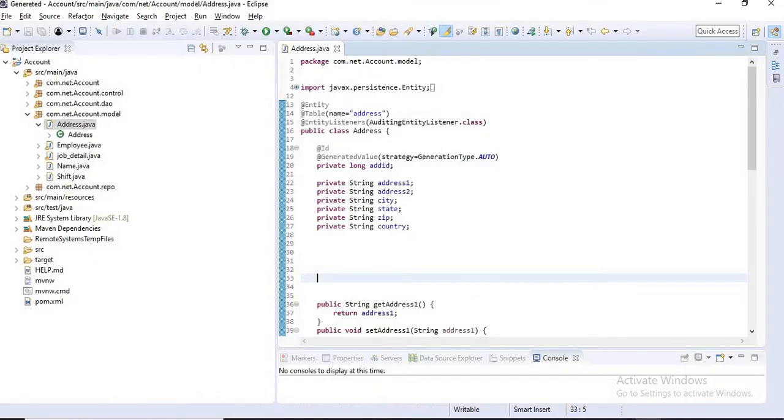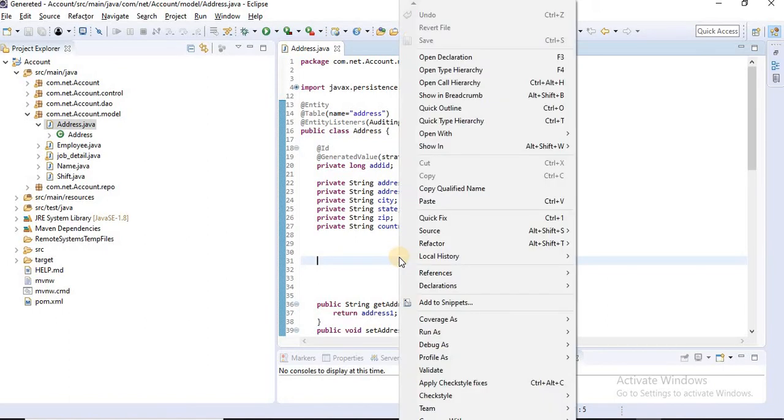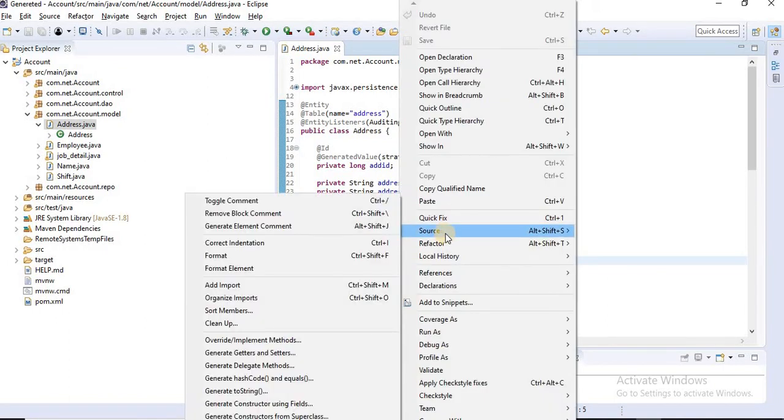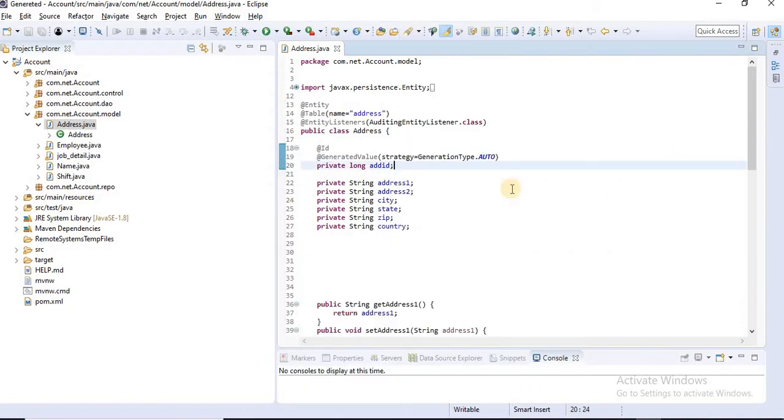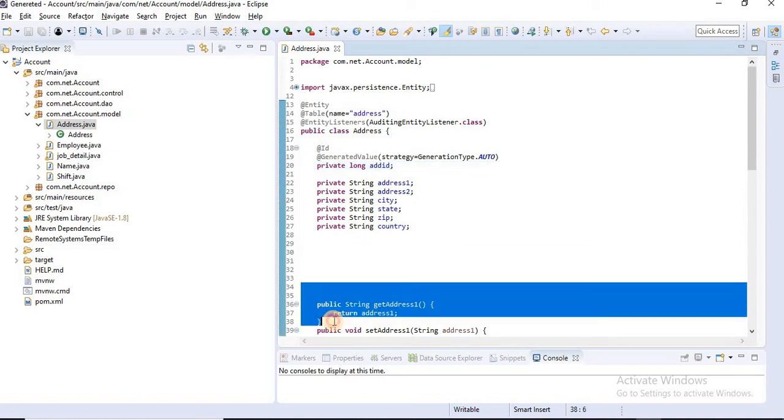We can add those methods using Eclipse. We can right click, go to Source, and here we have a few options: override implementation method, generate getter setter, generate hashCode, generate toString. We don't need to do this. We simply add Lombok and it will perform this without adding this code.